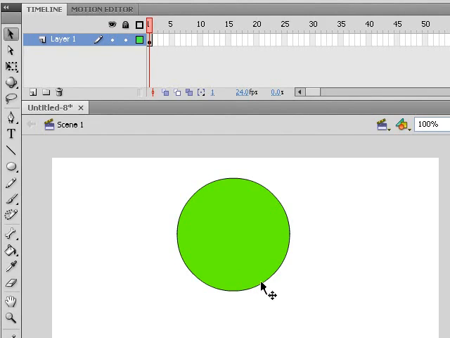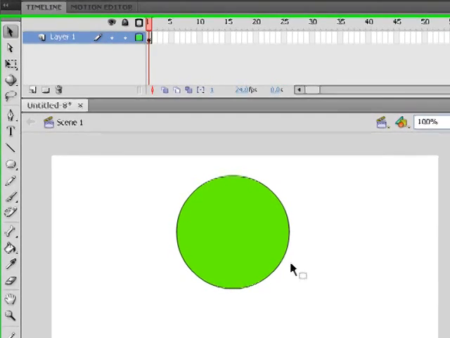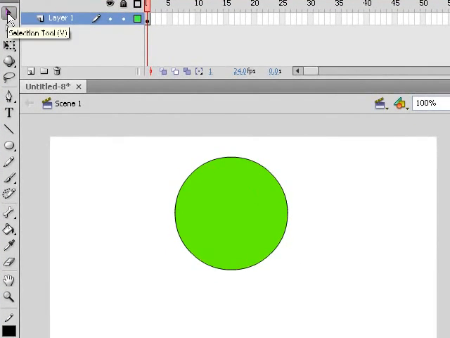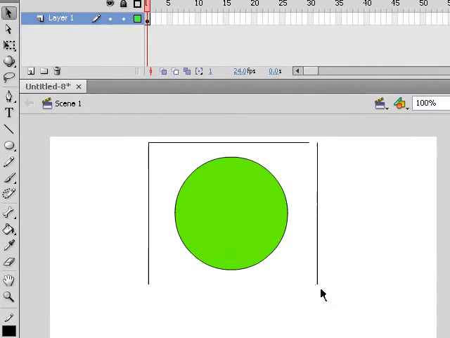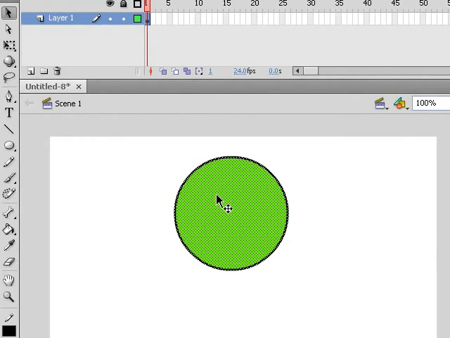But what I want to do is convert this to a symbol, and by doing so it's a form of grouping. Once I turn this into a symbol, it will actually become like one group. I won't be able to actually edit it on the stage like this. Now let me show you how to actually make a symbol, and then we'll go into a bit more about it. With my select tool selected, I'm just going to select this, and you'll notice it's all selected,